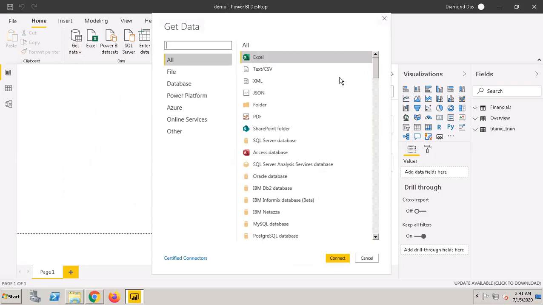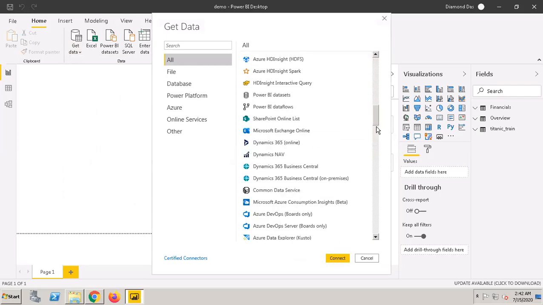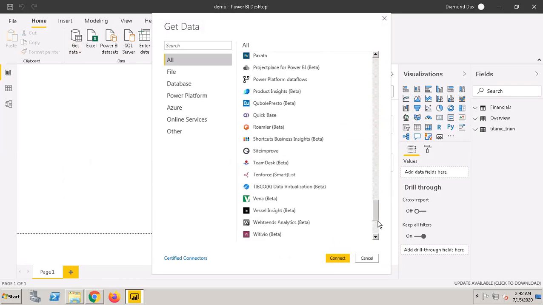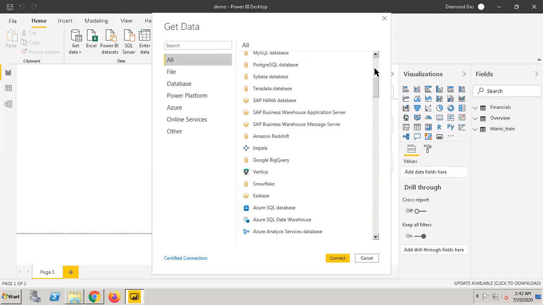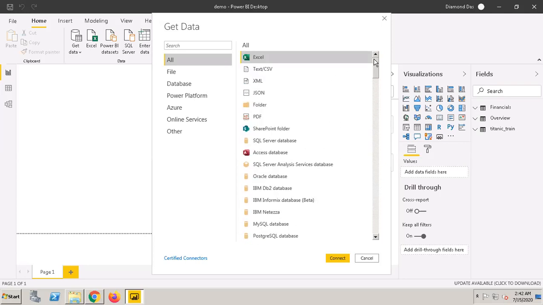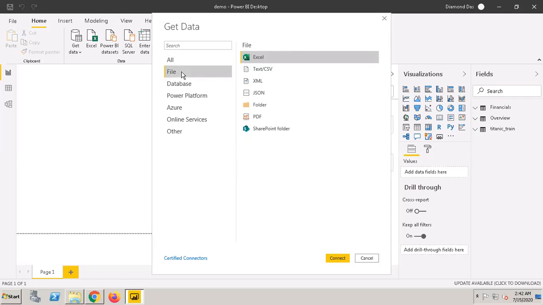You can see there are many data sources available, and you can select any of them you want. Microsoft has already categorized the data sources by type. If you want to connect to a file type data source, you can use this.